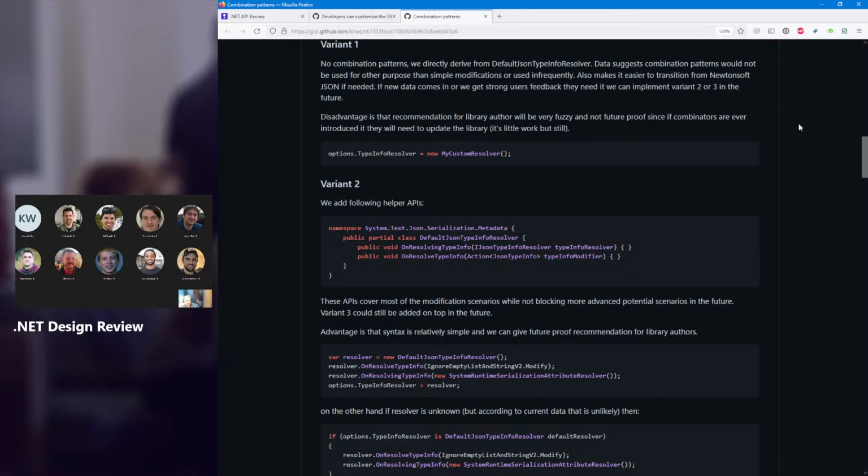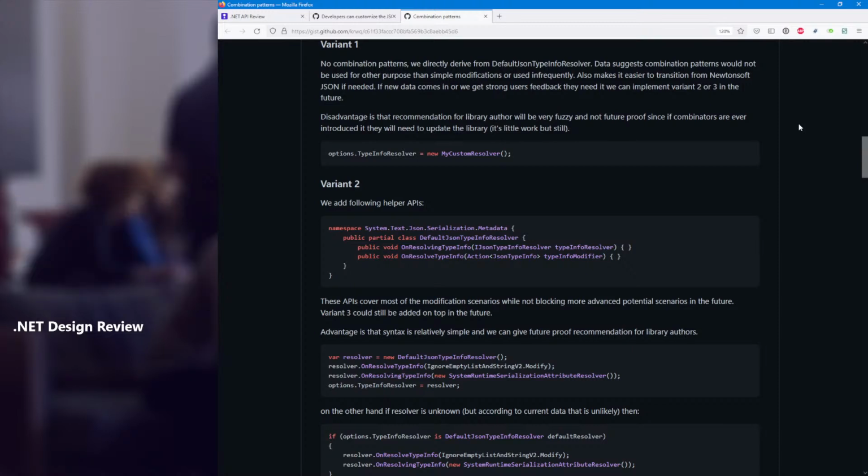So my recollection is that the thing that we really needed to combine was the stuff produced by the source generator, and since there aren't source generators for any existing libraries,